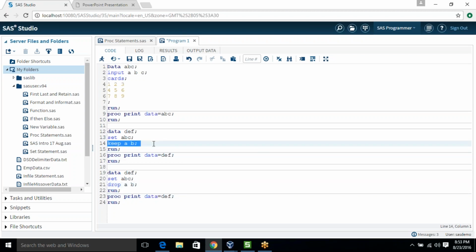So this statement will retain only A and B, and by using this one it will drop A and B and it will retain only C. Okay,